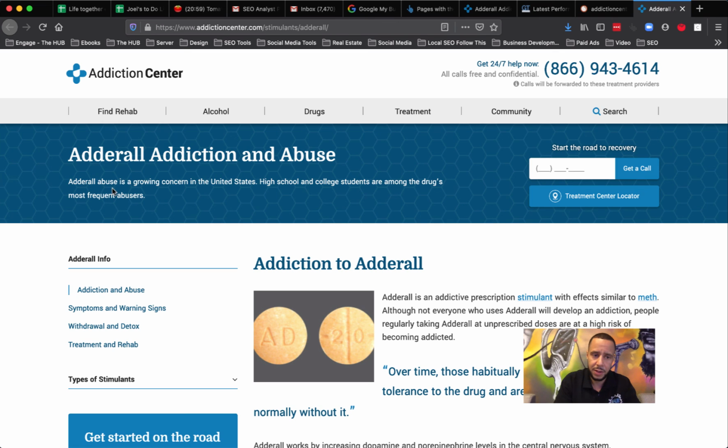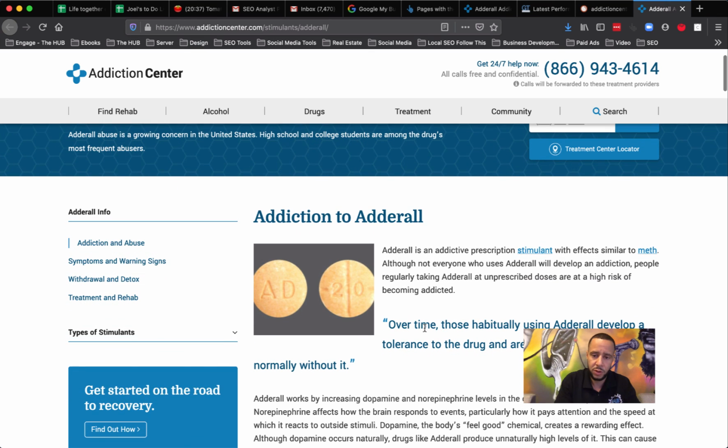Adderall abuse is a growing concern in the United States. High school and college students are among the drug's most frequent abusers. Addiction to Adderall: Adderall is an addictive prescription stimulant with effects similar to meth. Although not everyone who uses Adderall will develop an addiction, people regularly taking Adderall at prescribed doses are at high risk of becoming addicted.